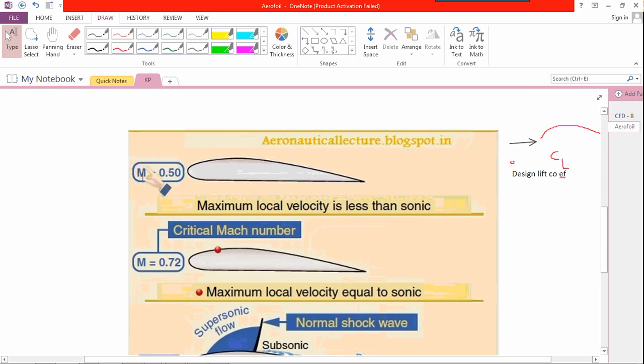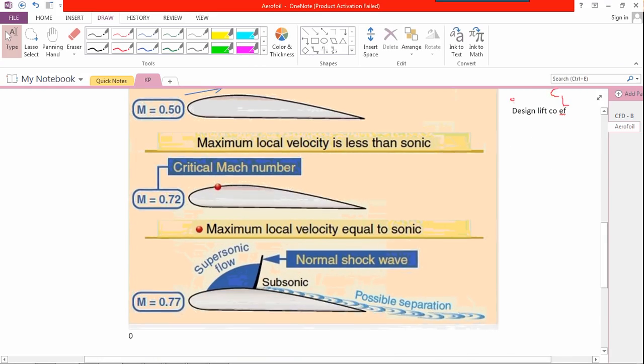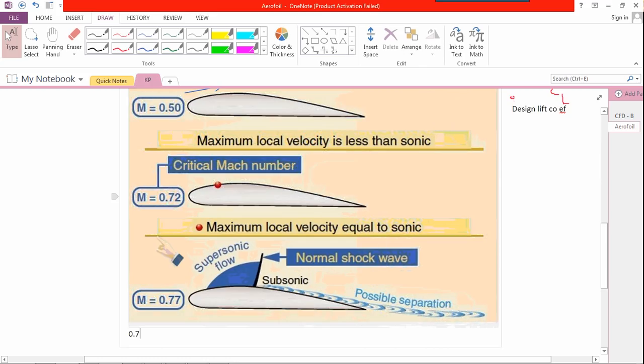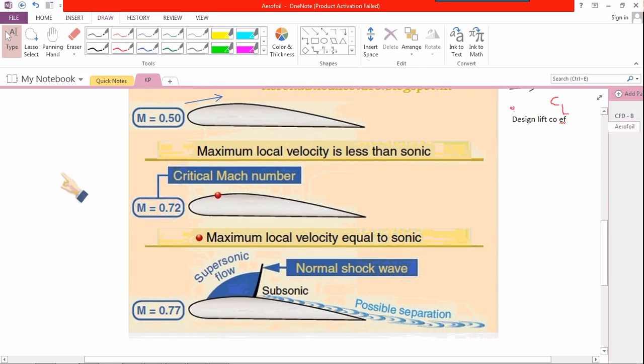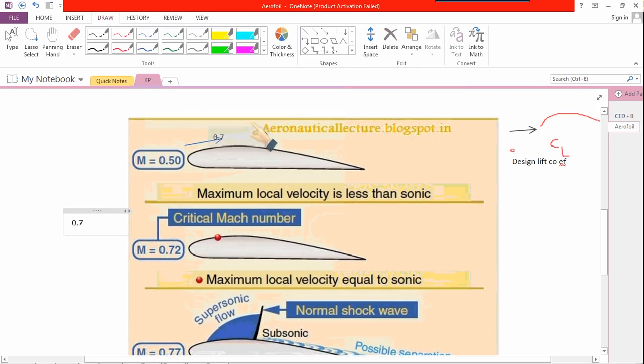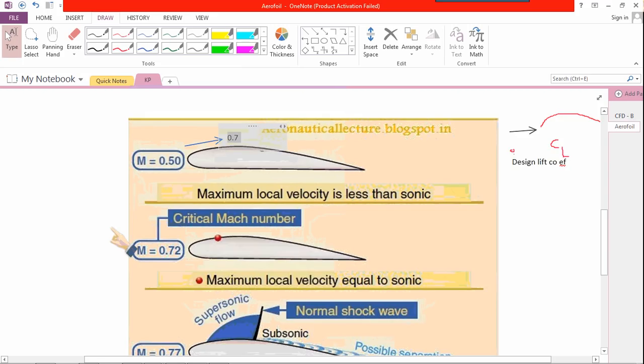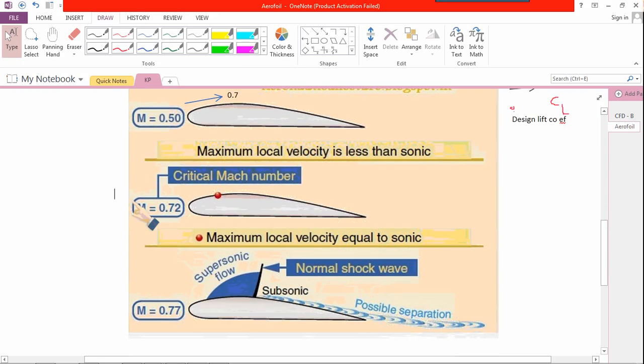So when the flow is getting accelerated here, it may rise up to, say, 0.7 Mach at the maximum. But with speed increasing, I am getting a Mach number of 1 here